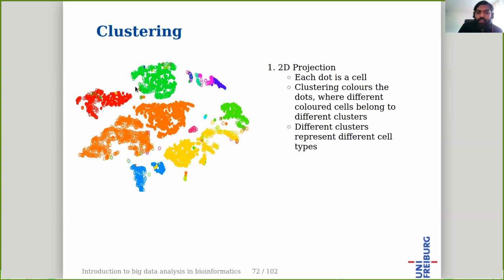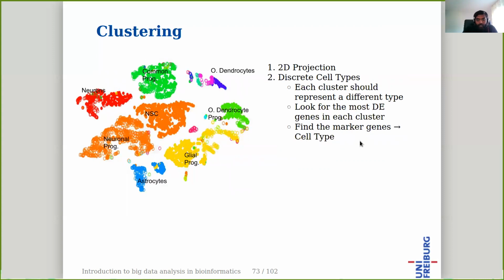So we will see in a moment, briefly, the clustering algorithms that are commonly used. Based on the clustering, these dots are colored, and different colors represent different clusters, possibly different cell types. And these cell types can be discrete. For example, they represent different cell types, but